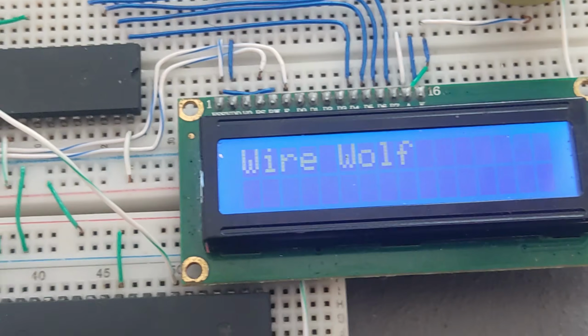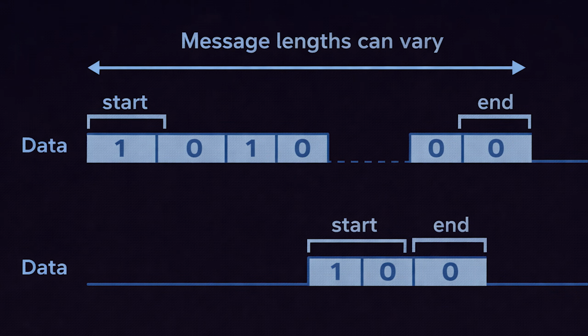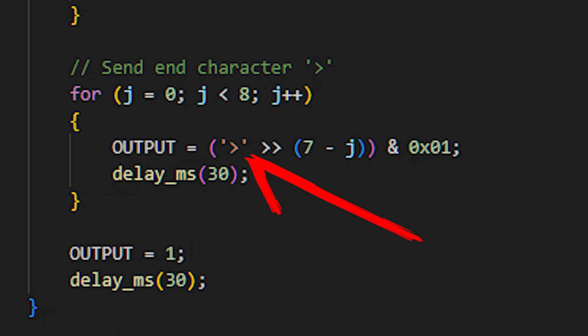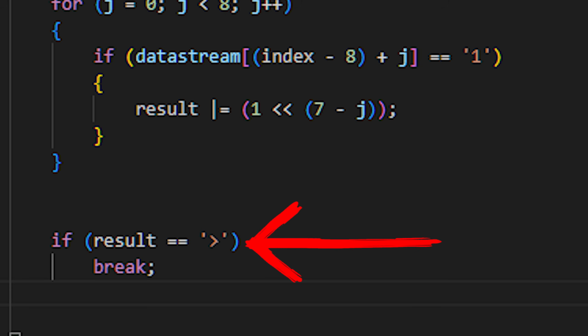Now it is time to send a real message. But the length of the messages can vary, so we can't use fixed length. The receiver somehow has to know when a message ends. We can send an end character at the end of the messages. The receiver stops reading when the end